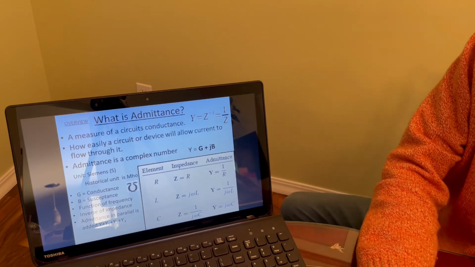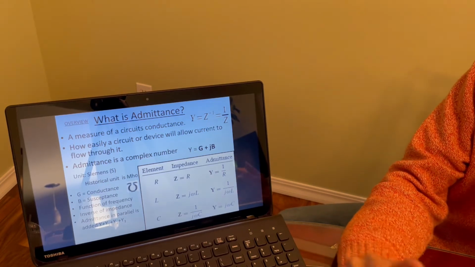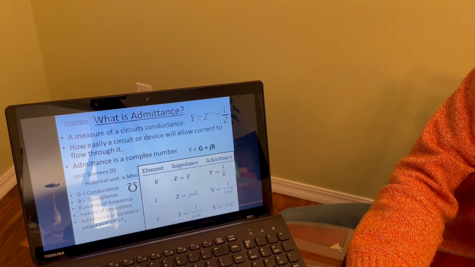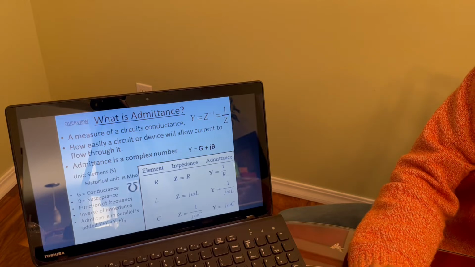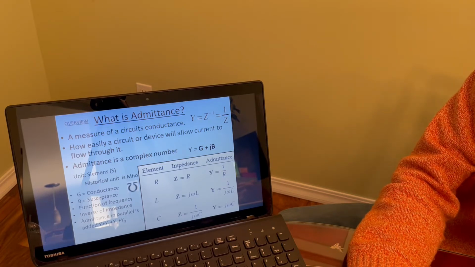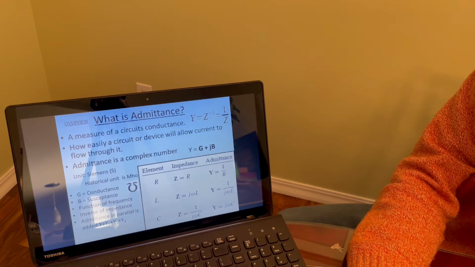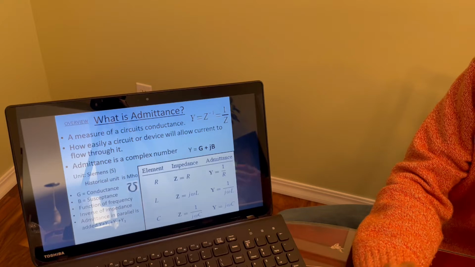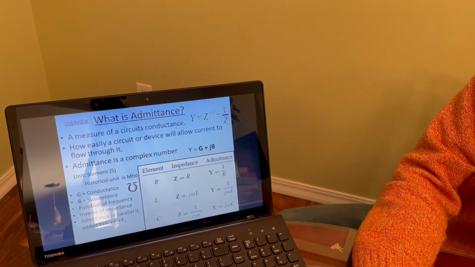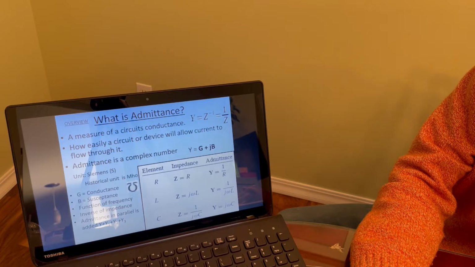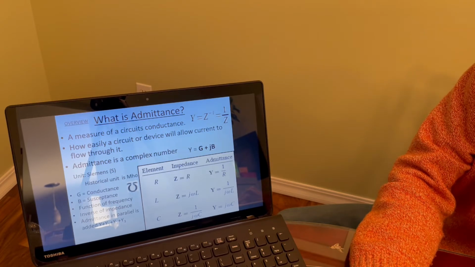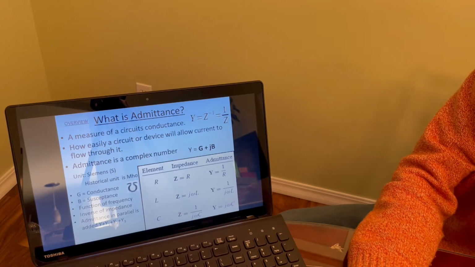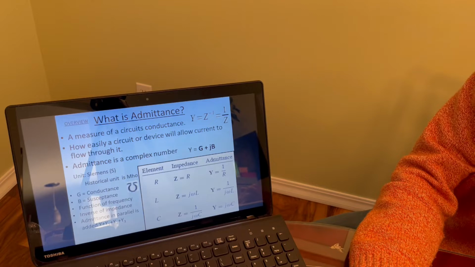What is admittance? By definition, admittance is how easily a circuit or device will allow current to pass through it. It is the inverse of impedance, and admittance is also a complex number with the units of Siemens. The historical unit was the mho. Being a complex number, we have G plus the imaginary number times B, where G is the conductance and B is susceptance. Admittance is also a function of frequency,